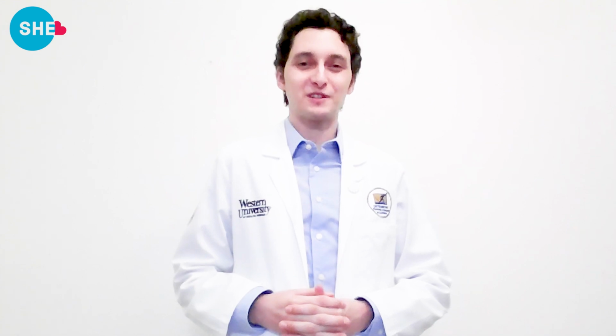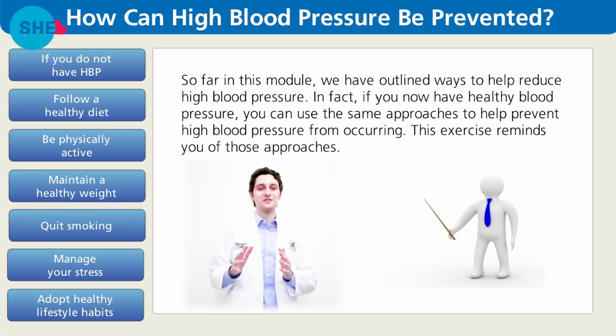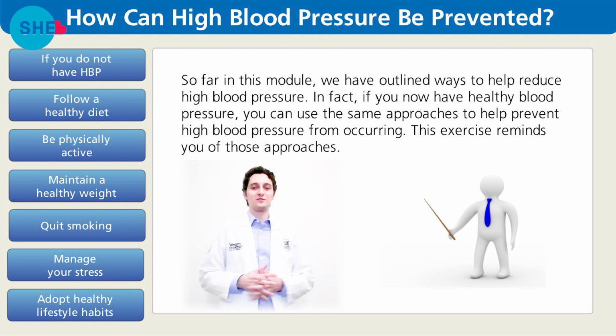If you are taking medication for blood pressure, make sure you remember the name and dosage. Write it down along with your other medication you are taking and bring this list with you to each medical appointment. So, now let's return again to an important part of this presentation, what you can do to prevent or